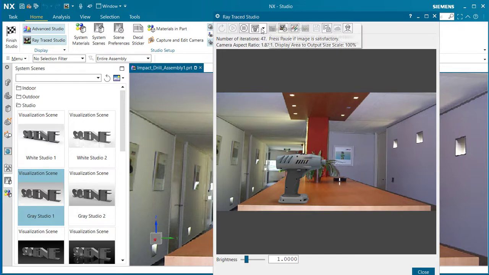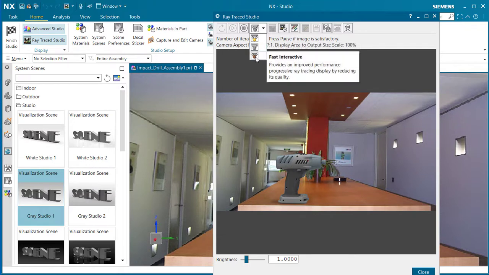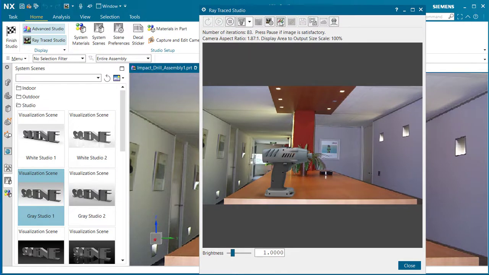You also have other buttons in here that you can adjust the quality with. You can make it photoreal, quality interactive, or fast interactive. You can do a lot of different things at this point. Again, in the course online over at I Get It, I go through all of these buttons and explain what you can do and all the different features. And basically when you're done with this, if you hit